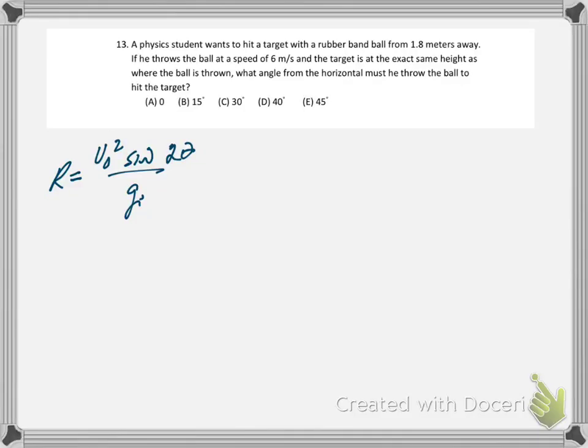Number 13, a physics student wants to hit a target with a rubber ball from 1.8 meters away. If he throws the ball at a speed of 6 meters per second, and the target is the exact same height as where the ball is thrown, what angle from the horizontal must he throw the ball to hit the target? All right, so we do have a distance away, so that's 1.8 meters, and we're looking to solve for